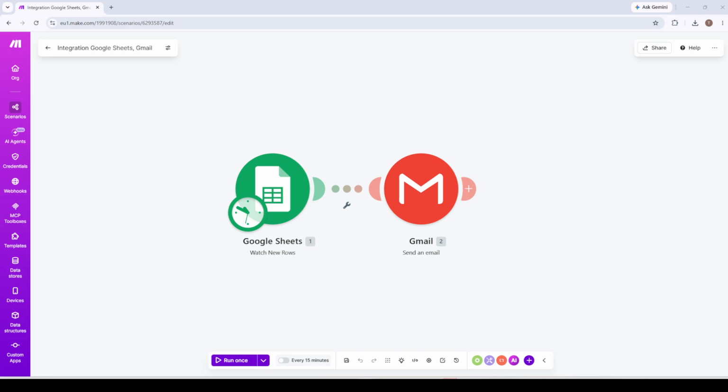Today, I'll walk you through step by step how to export a scenario blueprint in Make, the visual automation platform that lets you connect apps and build powerful workflows without touching a single line of code. Knowing how to export a blueprint is one of those foundational skills that separates casual users from power users, because it means you can back up your automations, share them with teammates, and hand them off to an AI tool